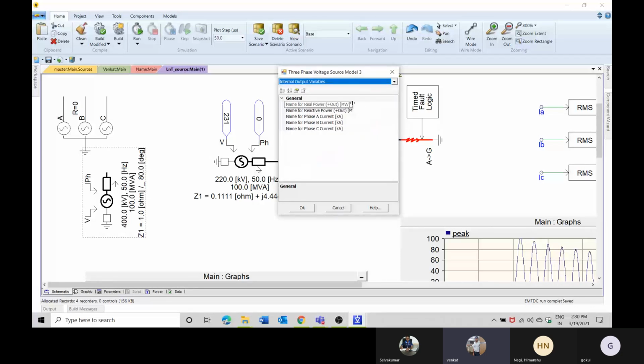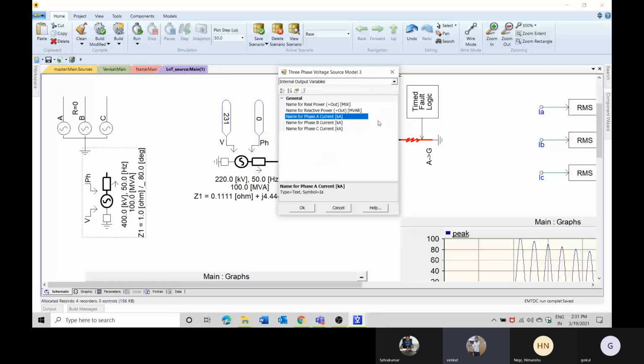This output tab will be available in each and every equipment which you choose in PSCAD. It helps you to plot the values of the particular current or power or voltage, whatever the equipment provides, outside.